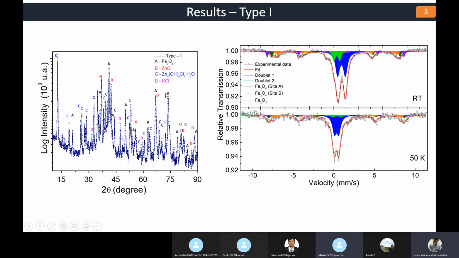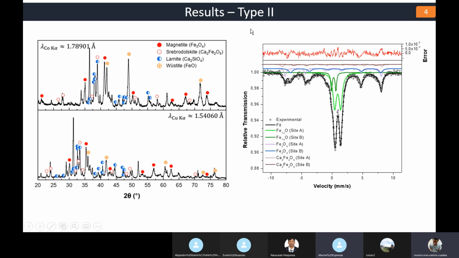It can be explained because there are many peaks in this case, and we cannot observe it because overlapping can occur. Well, for sample type 2,